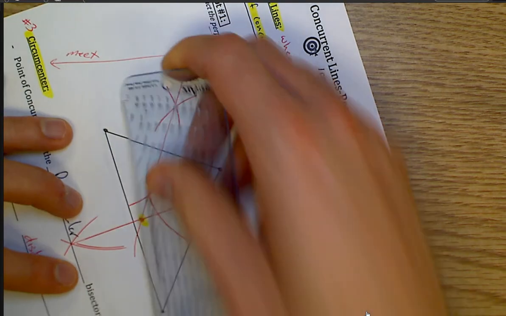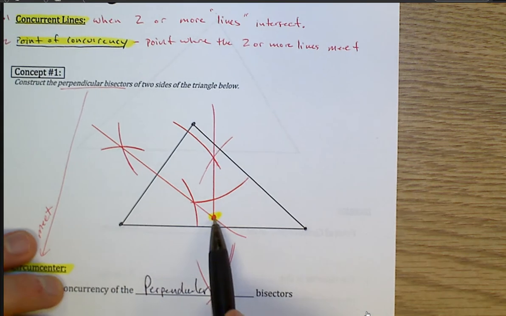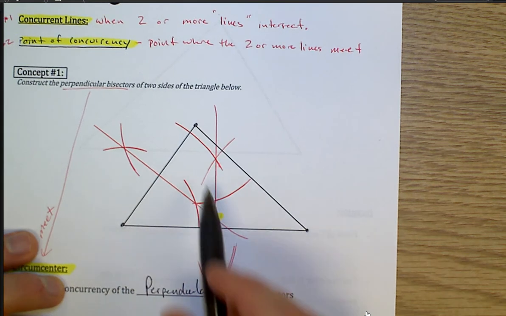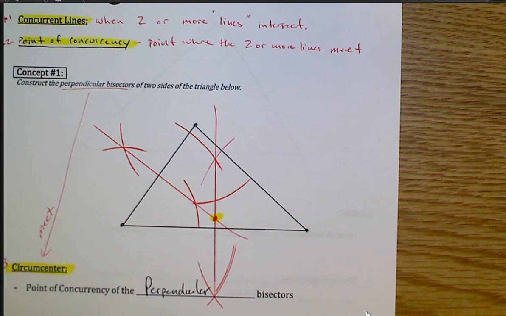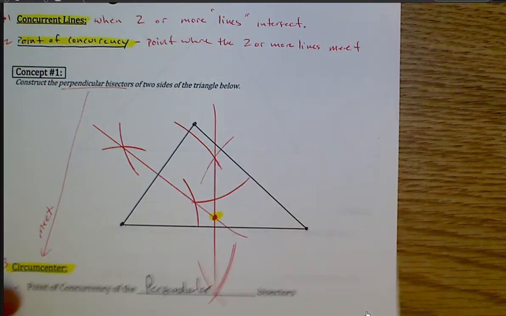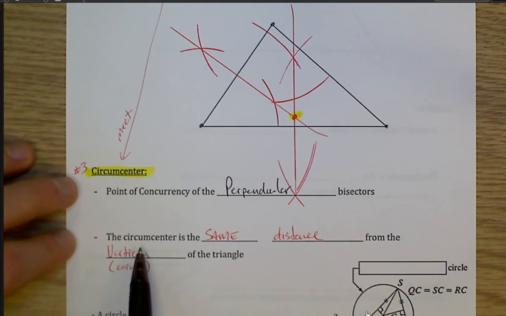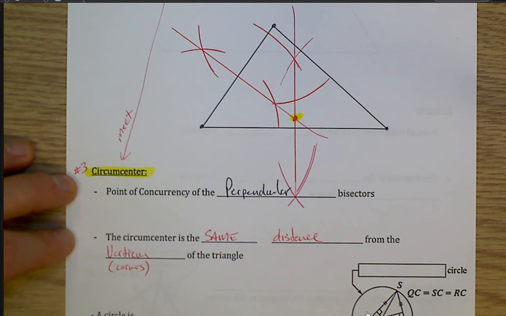The distance from the circumcenter to each of these dots is exactly the same, and that's the purpose of the circumcenter. Okay? That's what I just stated right here. The circumcenter is the same distance from all the corners. So down at the bottom here, it says a circle is circumscribed